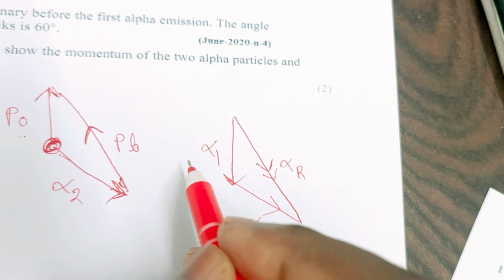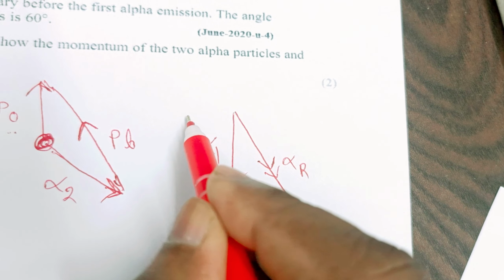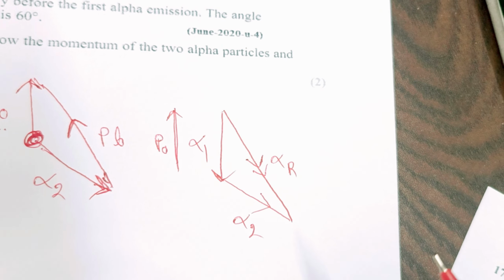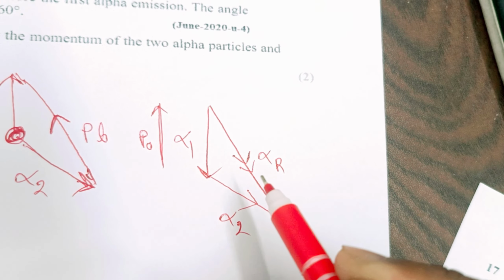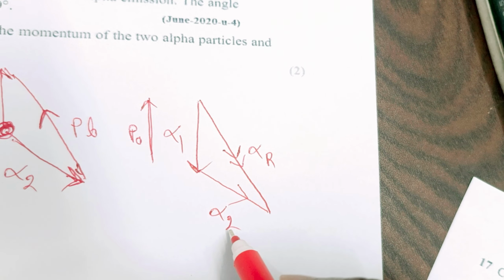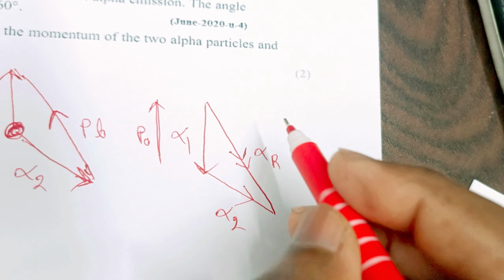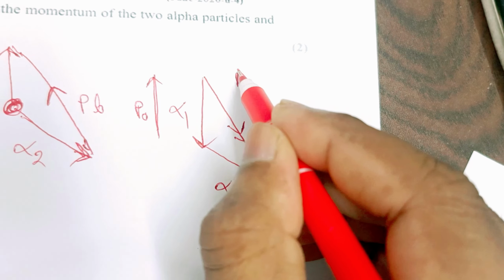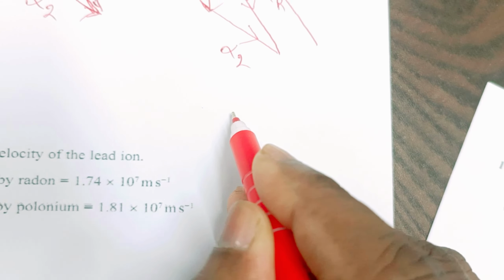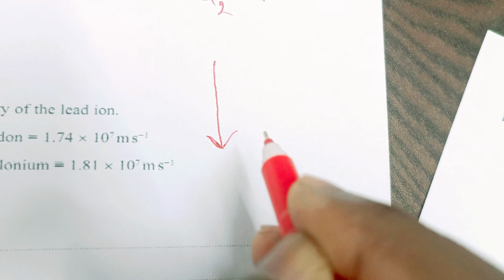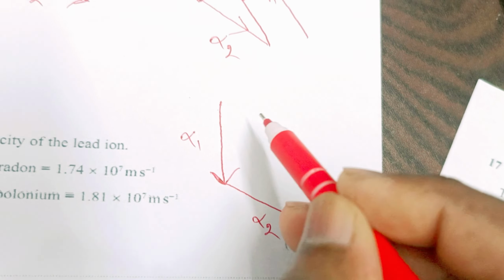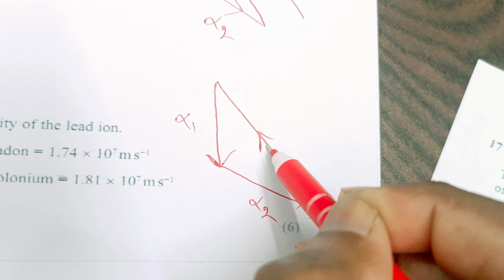Another concept is that alpha 1 moves in the downward direction, that means polonium is equal and opposite to alpha 1, and polonium is the resultant of alpha 2 and the lead, so lead would be in this direction. Combined, all of this can be drawn like this. This is alpha 1 and there is alpha 2, and this is the